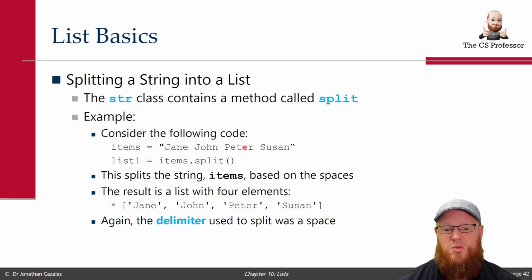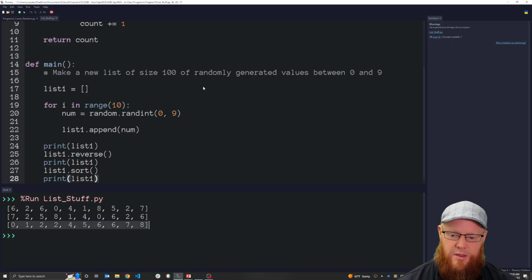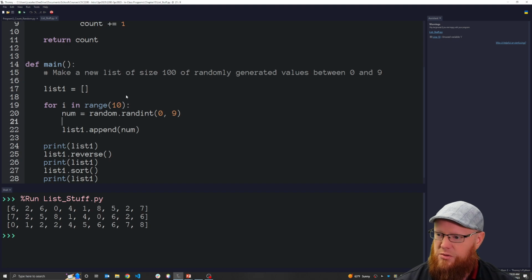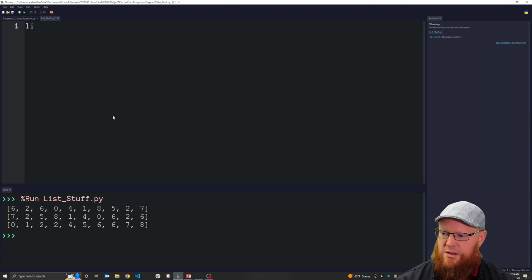The delimiter is what you're using to split the list by. And it doesn't have to be only a space. You could use a different delimiter. So I want to come back to Thonny. Let me open this up. Let's make just a list. list1 equals,